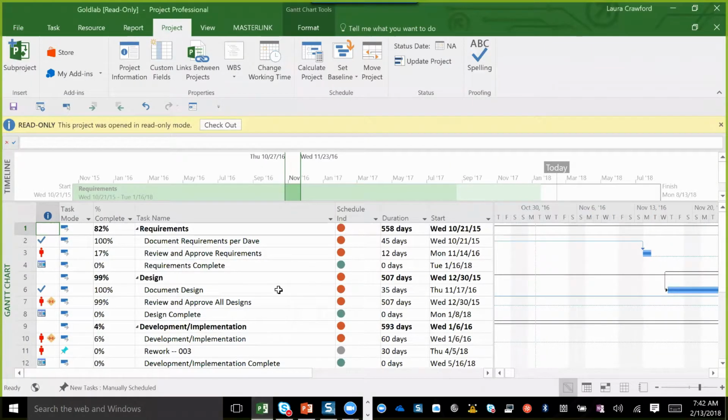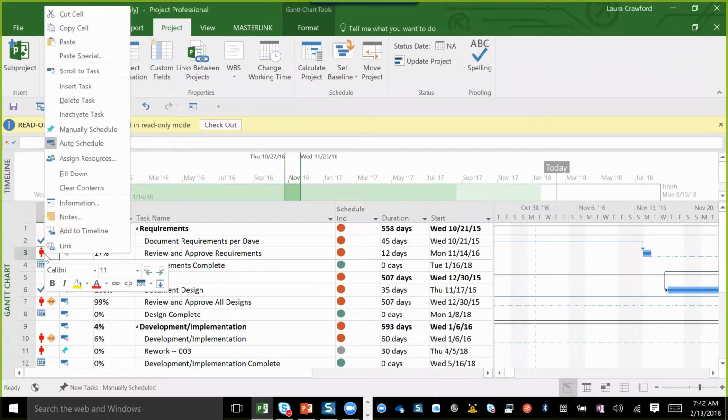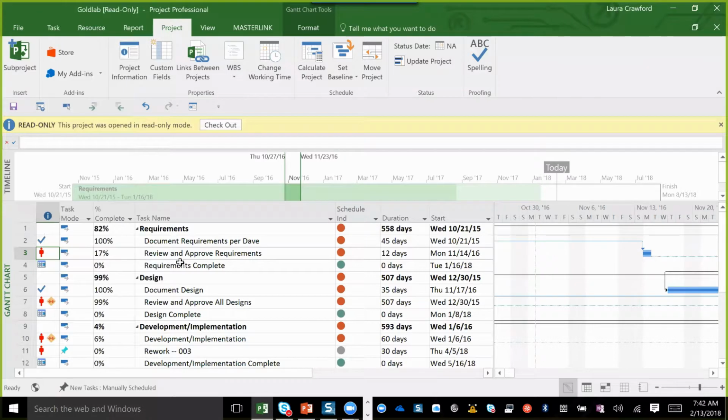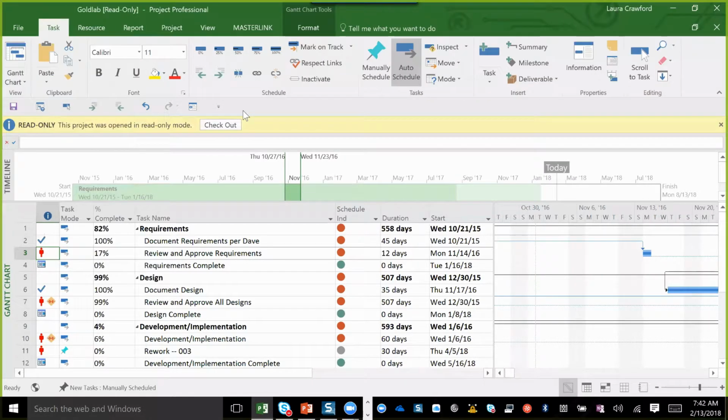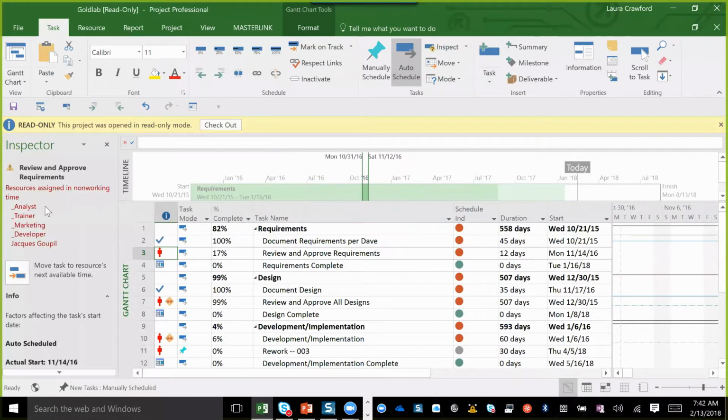But in Project Professional here, I can certainly identify my over-allocated resources by anybody that is red. Okay, so I can right-click to see what options I have to try and help this guy out. All right, so I can come in here and take a look and see. I would probably want to inspect these using the task inspector. So I can certainly do that. If you're not familiar with that, I can show you real quick. But I can inspect over here. All right, so I can see that